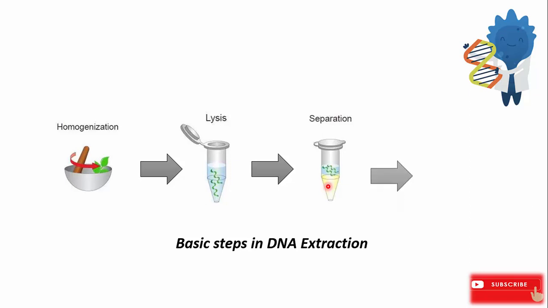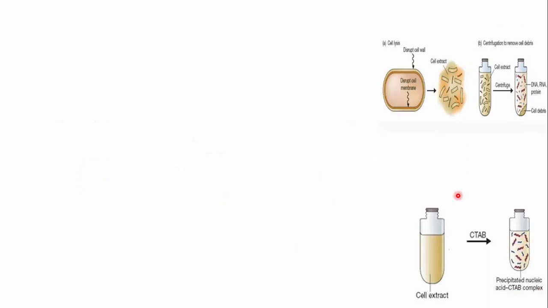After separation of DNA from the aqueous solution, it is rinsed with alcohol, and the process is known as precipitation. It involves removal of all remaining cellular debris and unwanted materials. Once the DNA is completely purified, it is dissolved in water again for convenient storage and handling. So let's discuss these steps one by one.